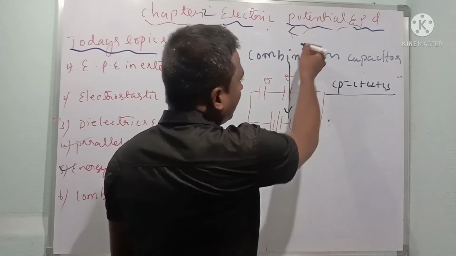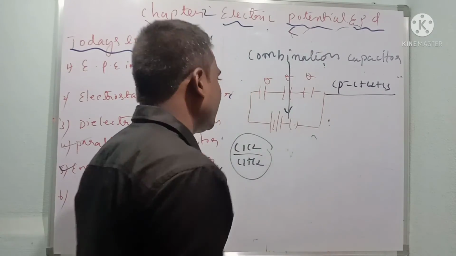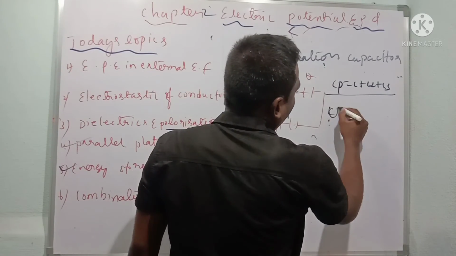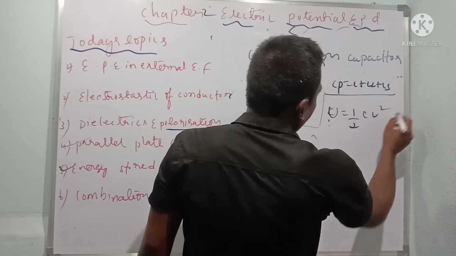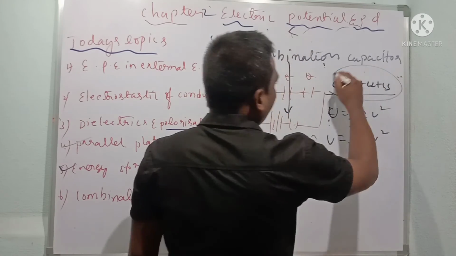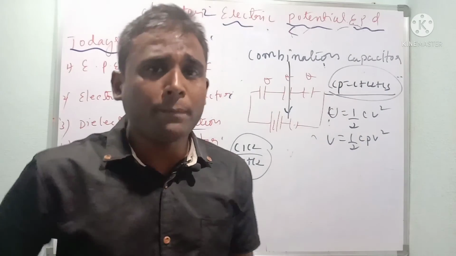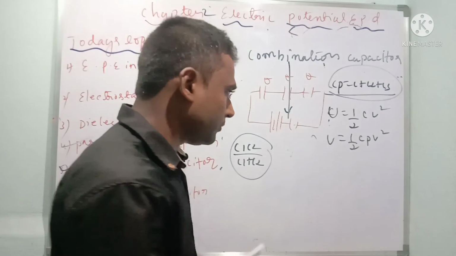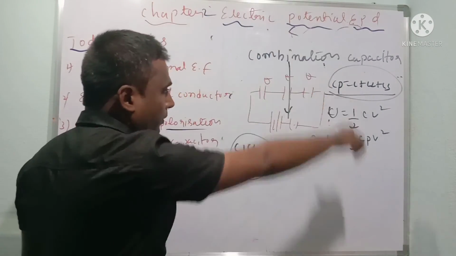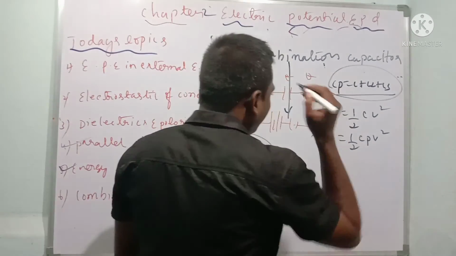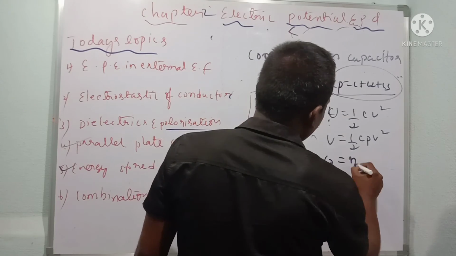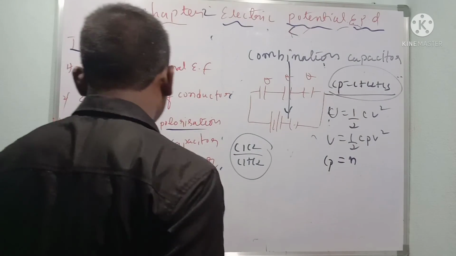Now, energy stored in the capacitors when a number of capacitors are connected in parallel is given by, you know, half into C V square. Directly it becomes U is equal to half into Cp V square. Cp means the capacitors which are connected in parallel. That's it. Now, if n number of identical capacitors are connected like this, then Cp is equal to C into n. So we have finished completely about this.